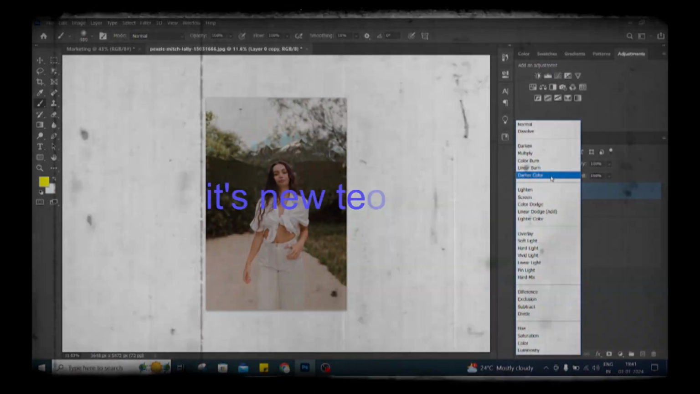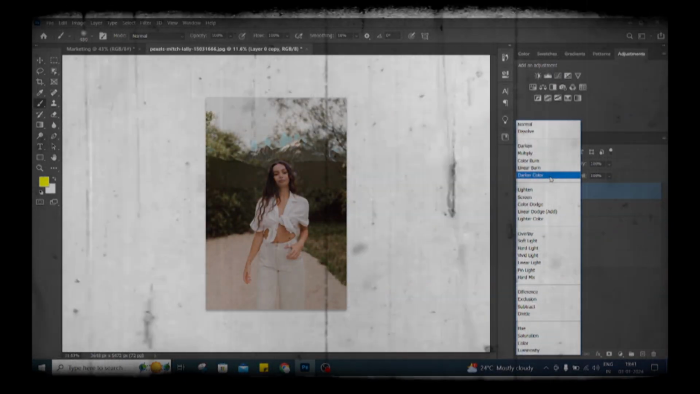It's a new technique, so I usually use it for giving a more aesthetic look and the